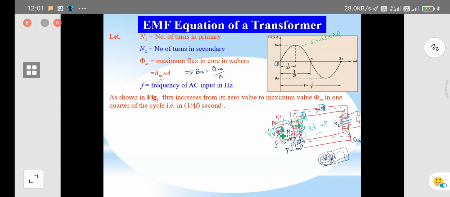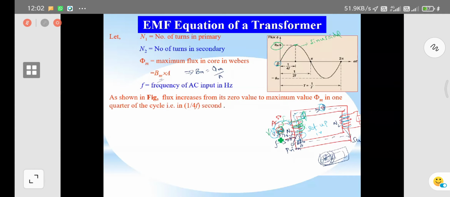But you are giving that sinusoidal voltage. But initially the flux will be 0. So flux is 0 means there is no applied voltage, there is no alternating voltage to that primary winding. Okay, then when you give this alternating voltage to the primary winding, the flux value increases like that. Then you can get this maximum value of flux.